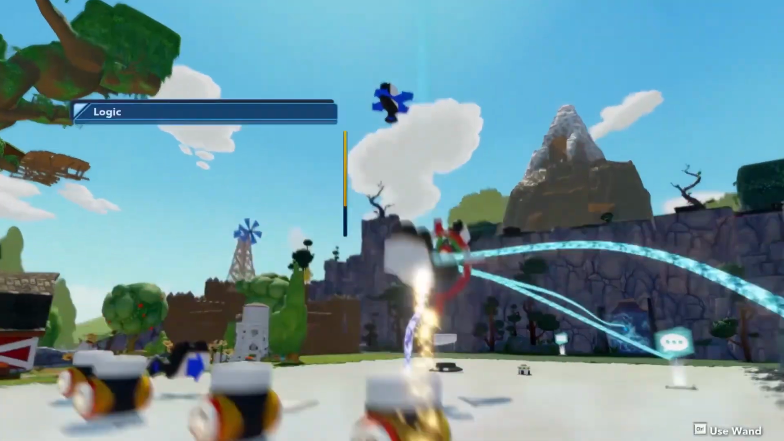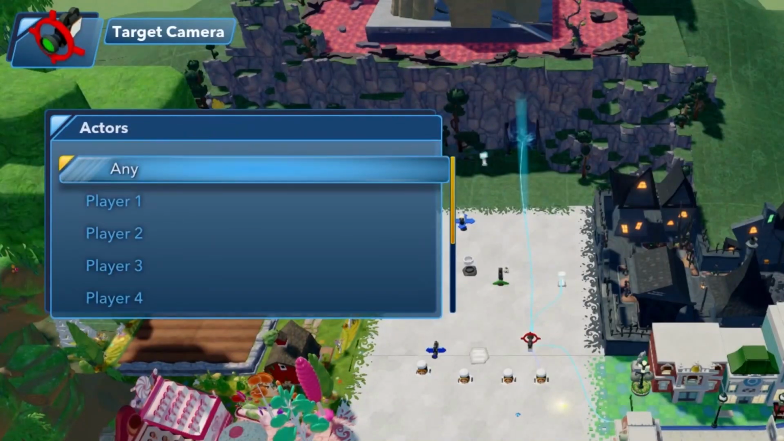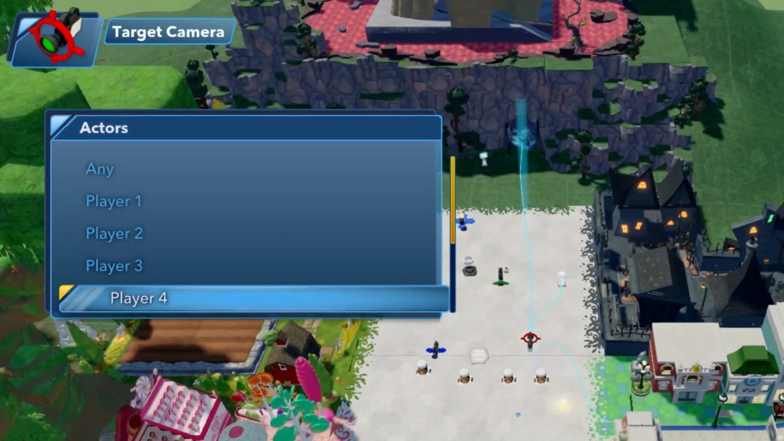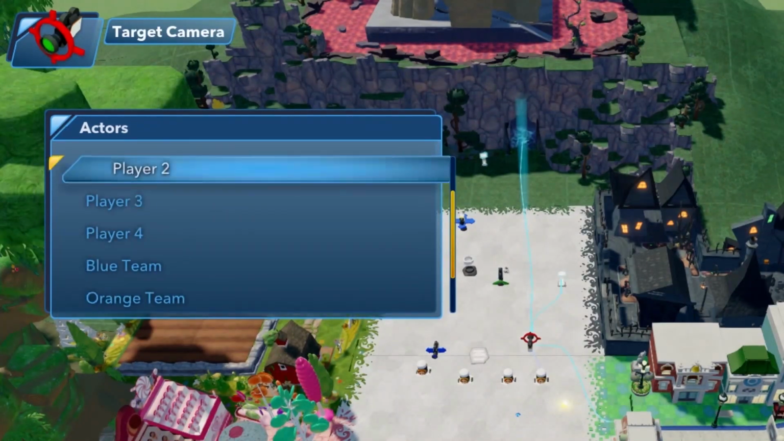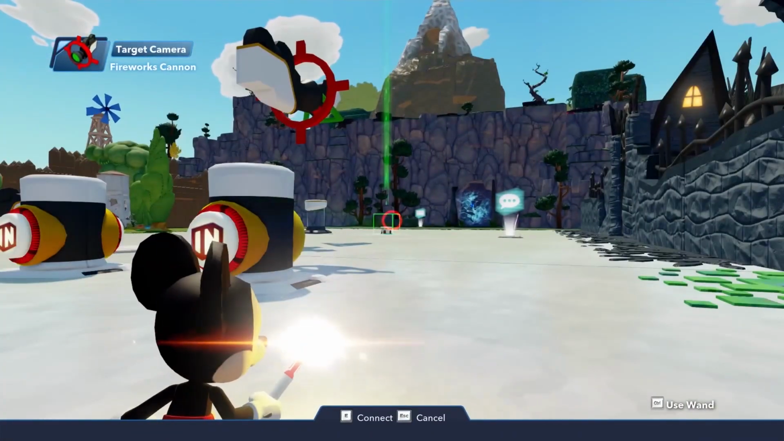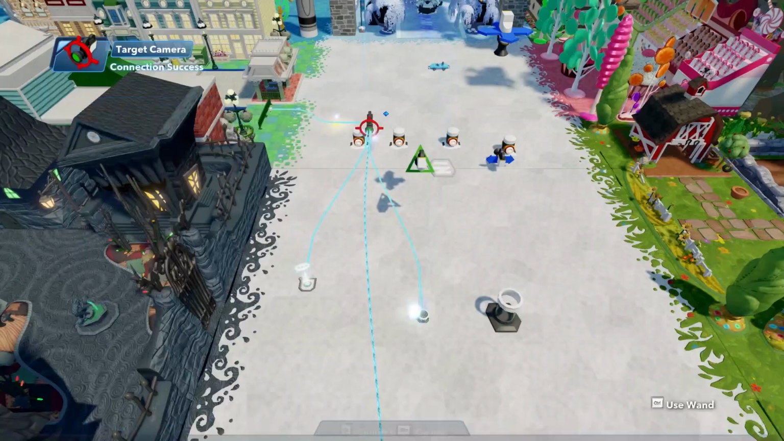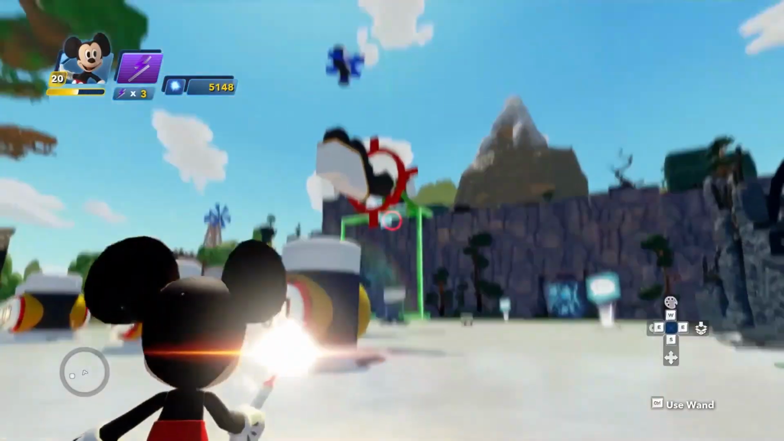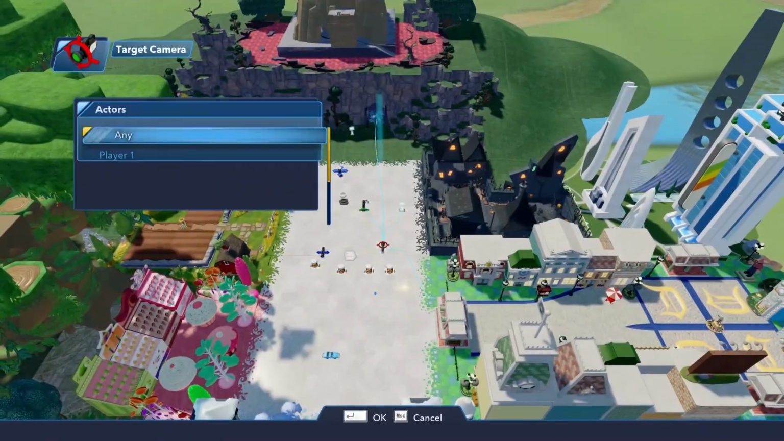And now what we will do is new logic connection. Once the player has entered the screen, which you can select any player, this will be for all players in the map. You can select a specific player as well, or a specific team. So in this case, we'll use any player. So whenever the player has exited the camera, I think exited is first, I'm sorry. Yeah, we will select the flower and blue. And finally, we'll have it so that when the player has entered the screen view,